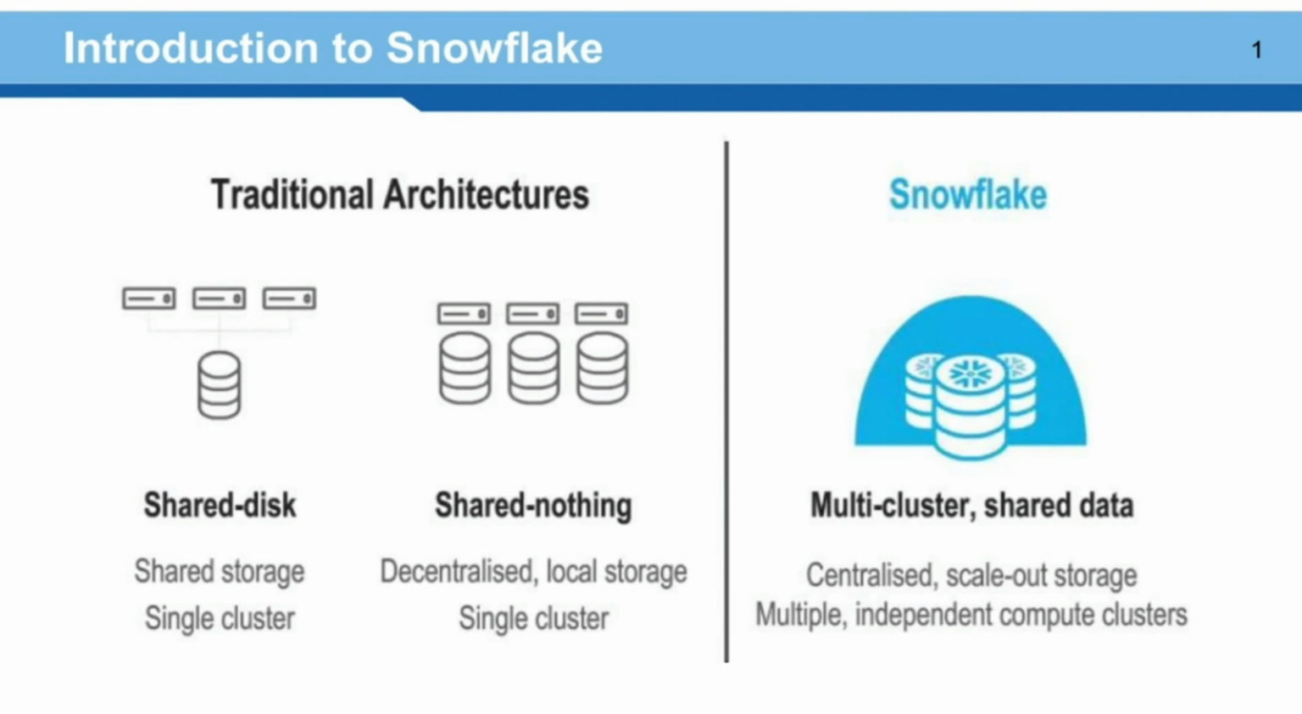Now let us see the differences between the traditional architecture and Snowflake architecture. Traditional architecture has two different types. One is shared disk and another is shared nothing. In shared disk, it is shared storage with a single cluster, and shared nothing is a decentralized local storage with a single cluster. Whereas in Snowflake, you will have multi-cluster shared data, which is centralized, which will have the scale